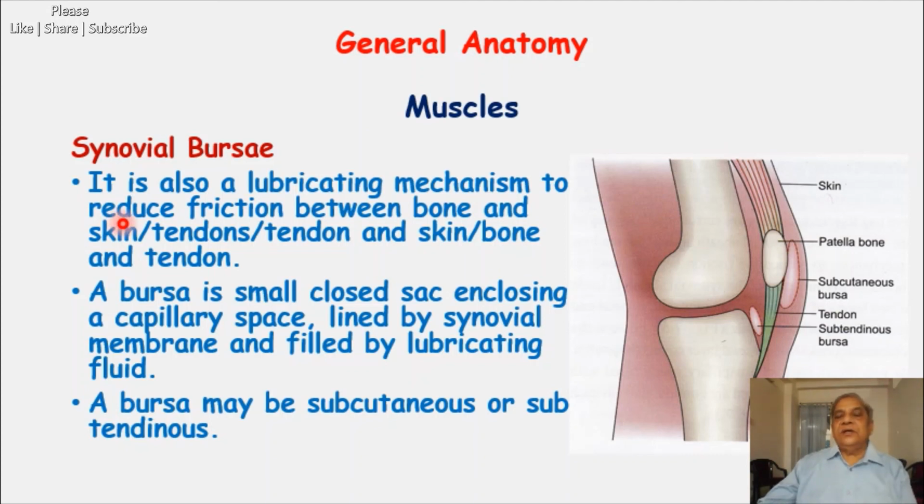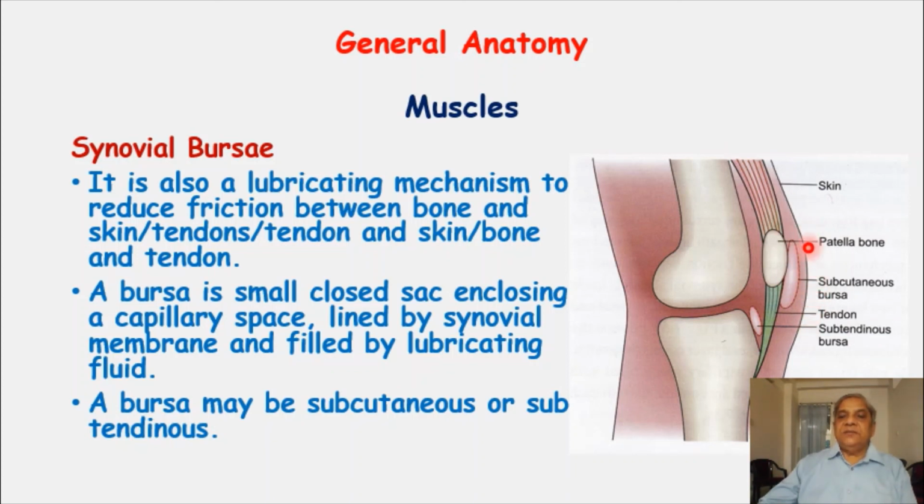It also reduces the friction between bone and skin. Now again these bursae are closed sacs lined by the synovial membrane, and they are of various sizes. They do not cover a structure completely as we have seen in the tendon. They are just interposed or placed between two structures which are moving and are under friction. For example, here this is a bursa in the diagram, where I am moving my pointer. This is a bursa which is placed between the skin